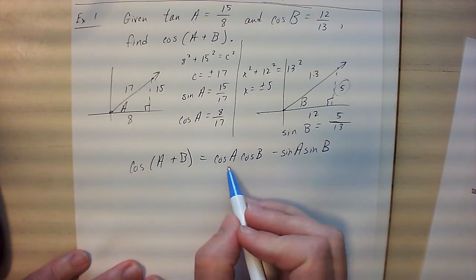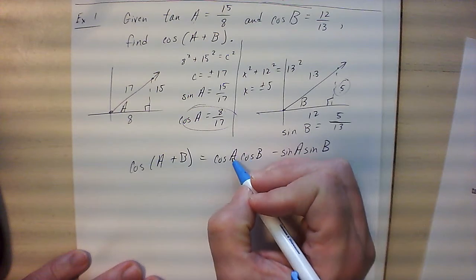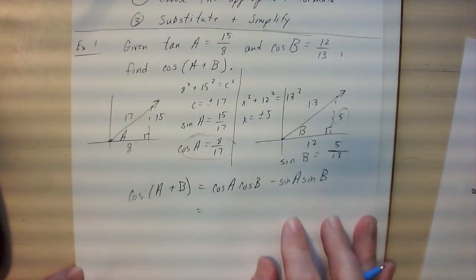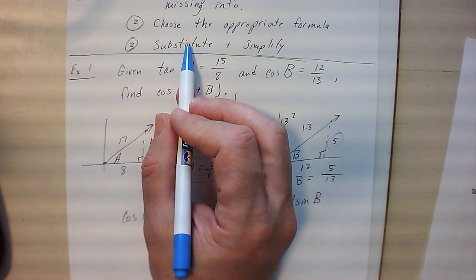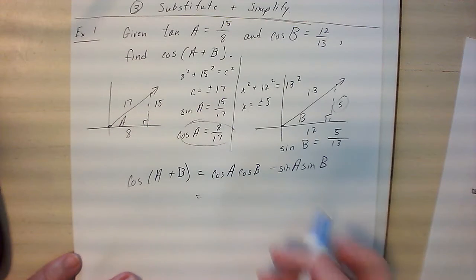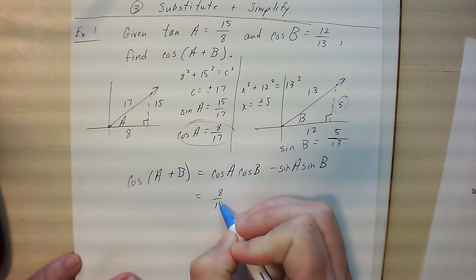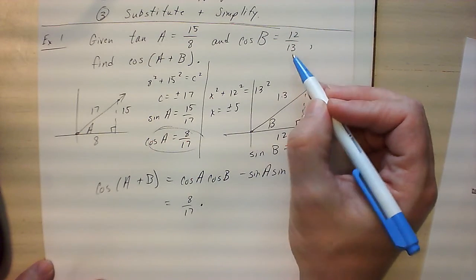Okay, now I have all this information here, right? I've got cosine of A right here. I'm going to take this 8/17 and dump it in. So we chose the appropriate formula, and now I'm on to step 3. I'm substituting everything in. Once I substitute it, we're going to simplify it to get our final answer. All right, so 8/17 goes there, times cosine of angle B, that was given to us as 12/13,